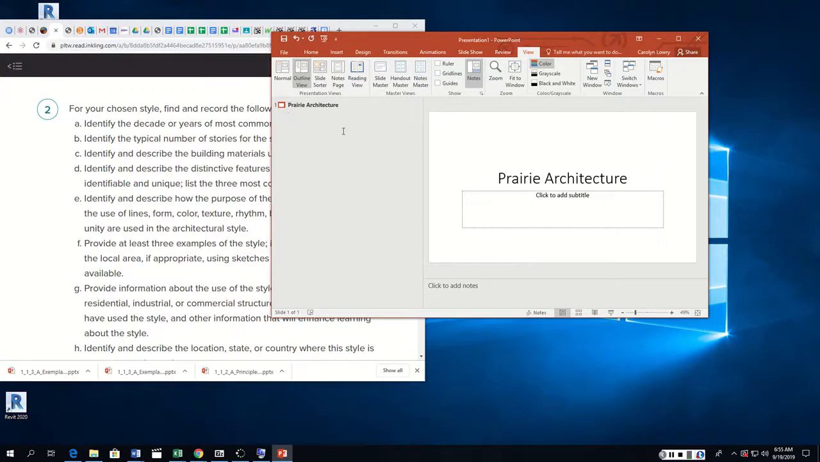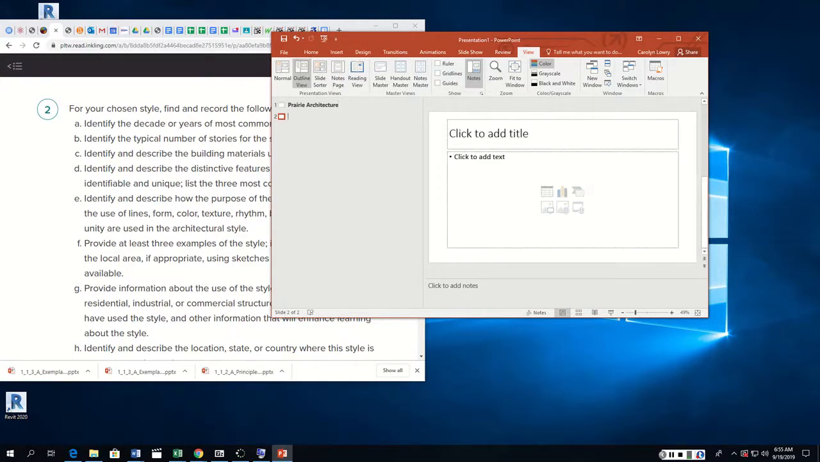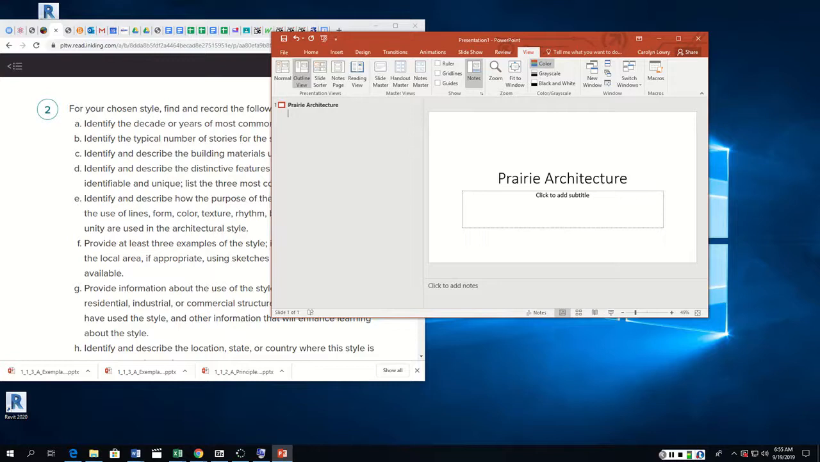So I'm going to do Control Z. So when I hit enter, it created a new slide. But I didn't want a new slide. I wanted to put in the subtitle on the previous. So when I hit tab, it demotes it below the title slide. So Prairie Architecture, calm